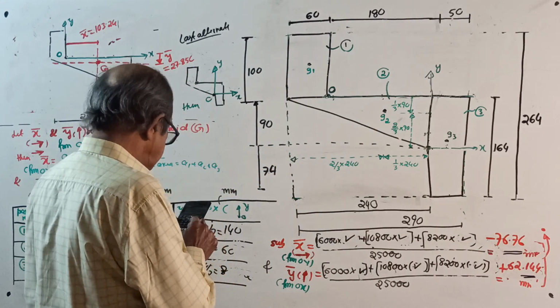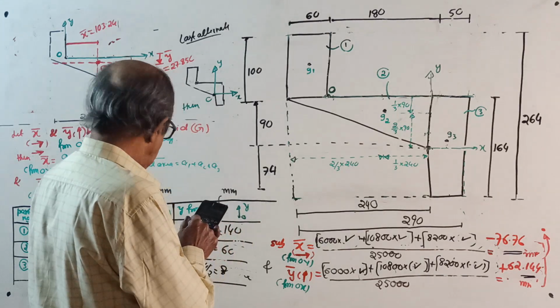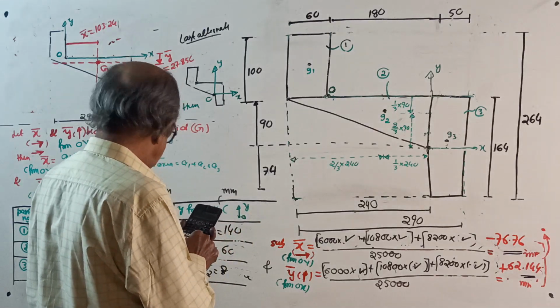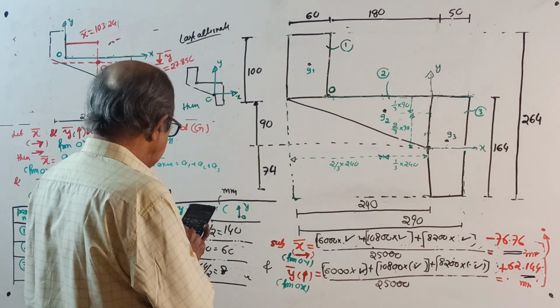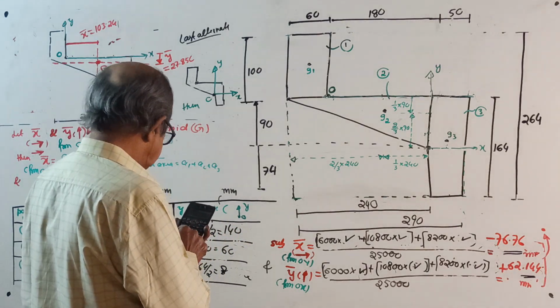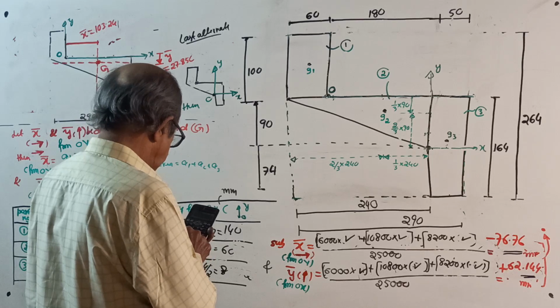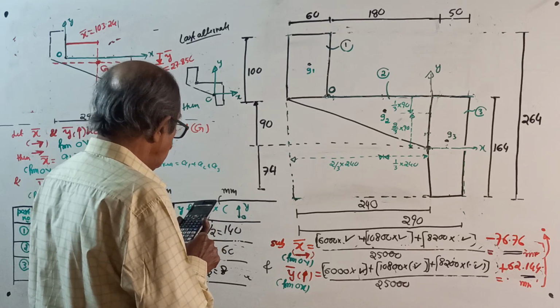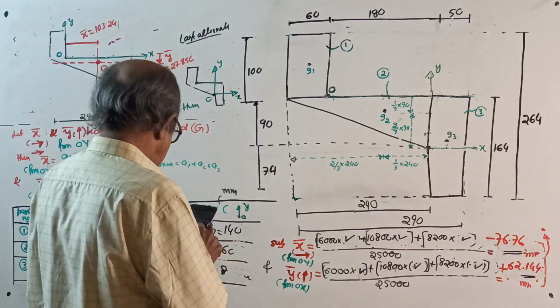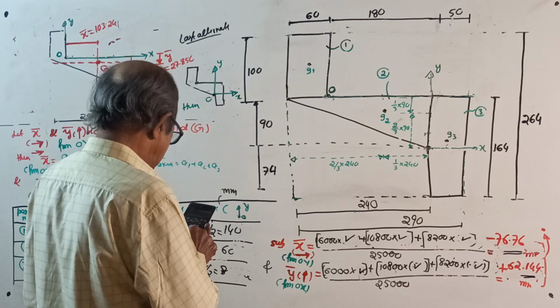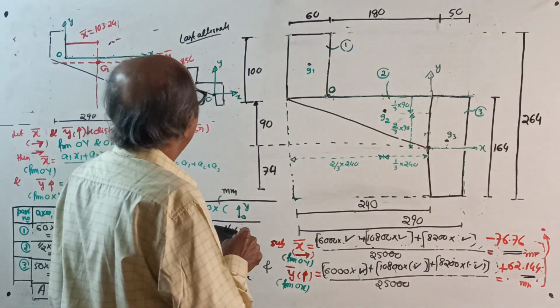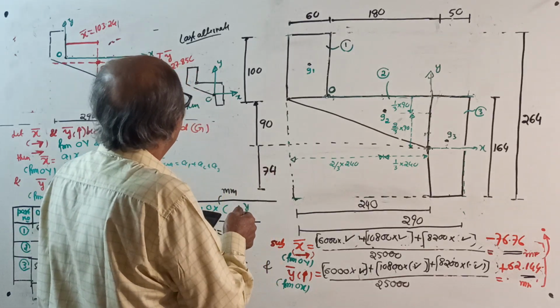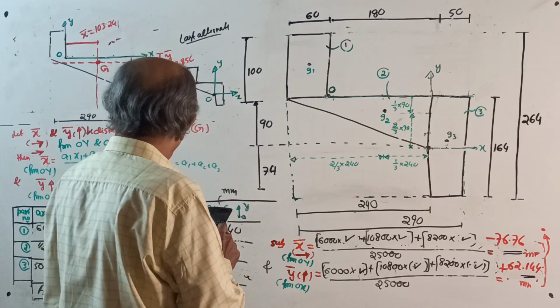6,000, I am checking your confidence. 6,000 into 140 plus 10,800 into 60 plus 8,200 into 8, divided by 25,000. 6,000 into 140, correct? 140 is 90 plus 50, 140 correct. Okay, plus